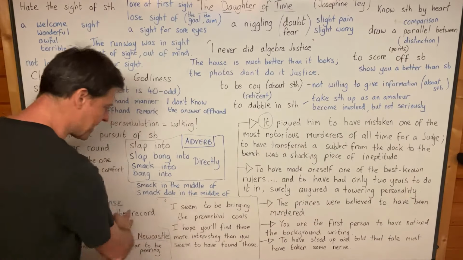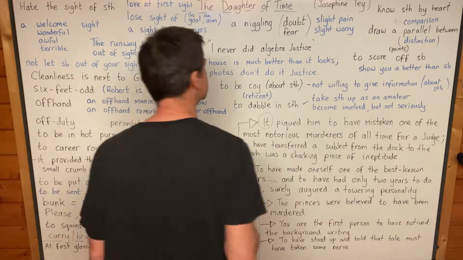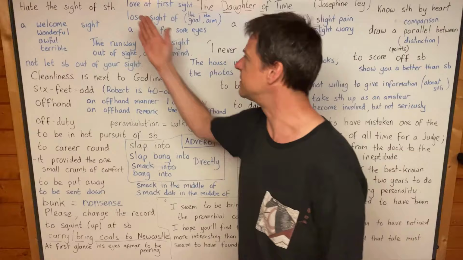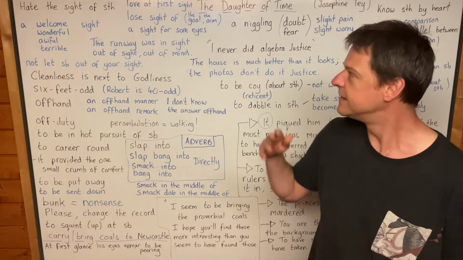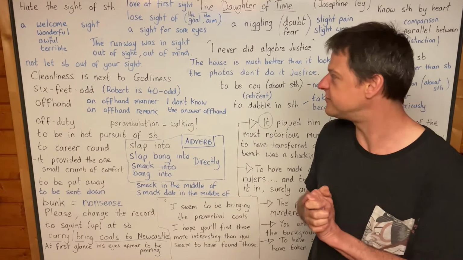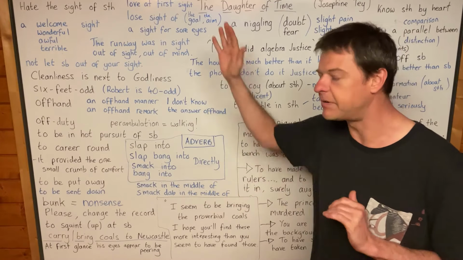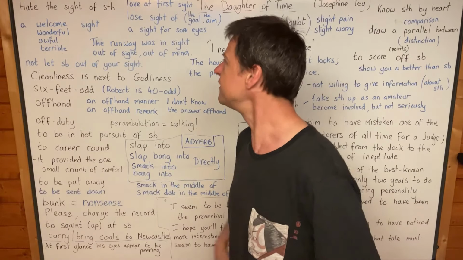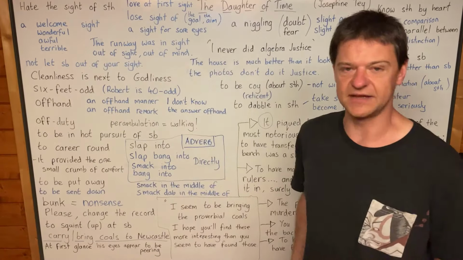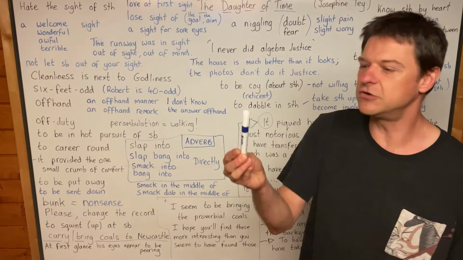And we're going to look at some grammar as well from some other chapters too. But let's start with some of this vocabulary, because I want you to remember this vocab when you're reading chapter 1. And I've taken some nice collocations and some parts which I think are quite challenging, some words which are quite difficult. So firstly, hate the sight of something is a very good collocation, and I want you to immediately